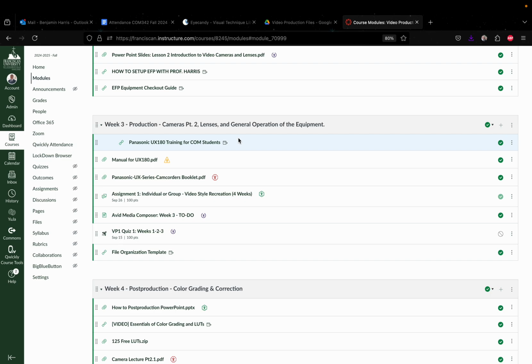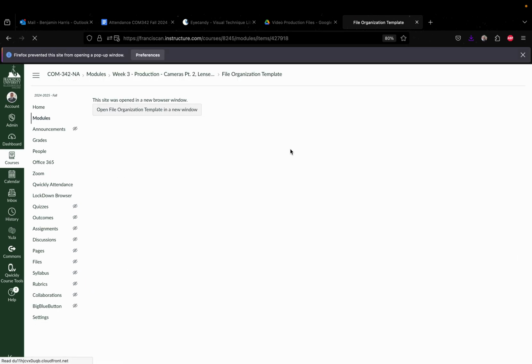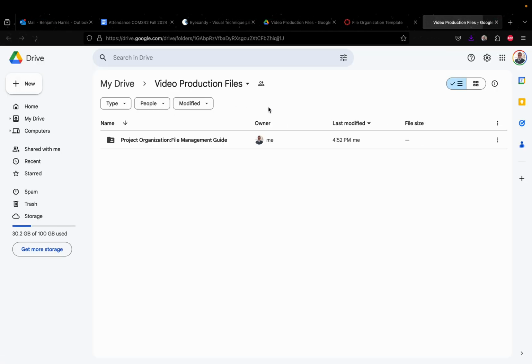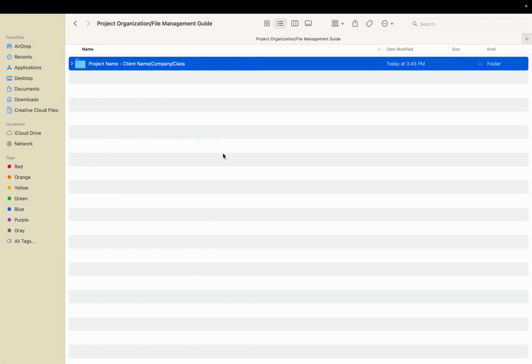All right, so here we are on week 3. Down here at the bottom of week 3, it says File Organization Template. If you click that and then hit Open a New Window, it's going to take you to this Google Drive. You can go ahead and download this Project Organization File Management Guide. That's a folder with like a bazillion subfolders in it that once you download them will look like this when